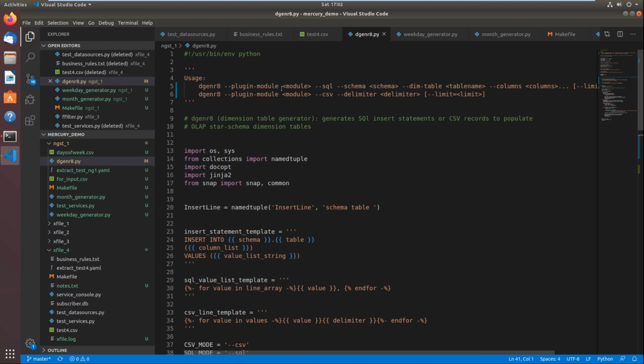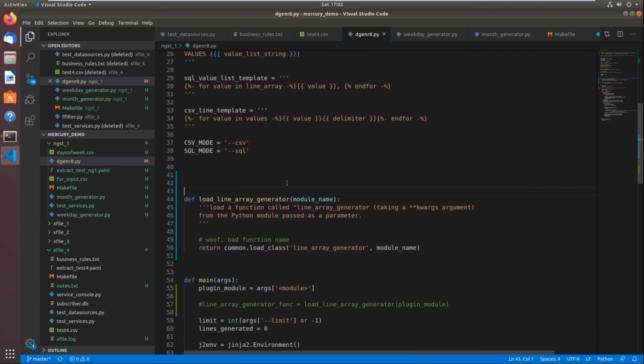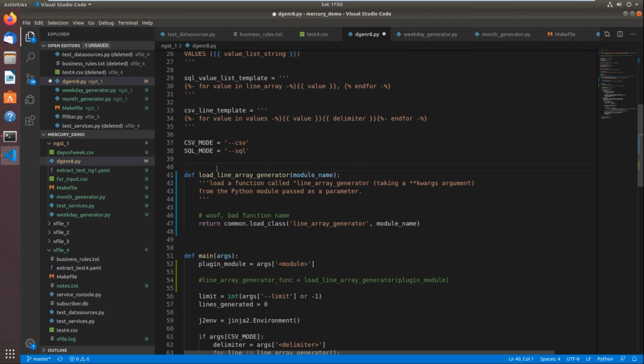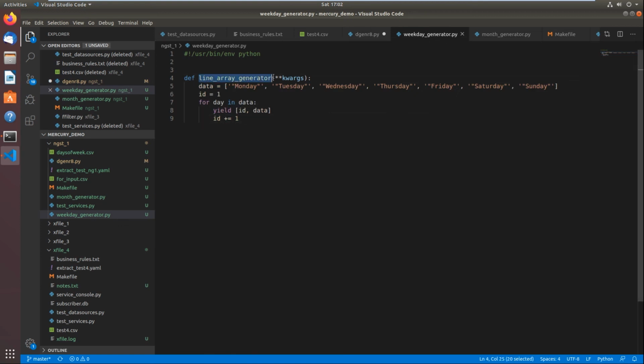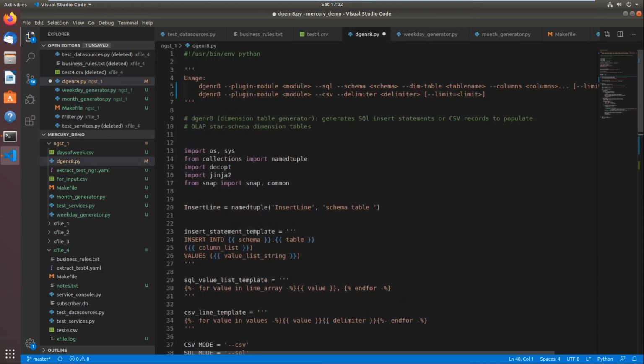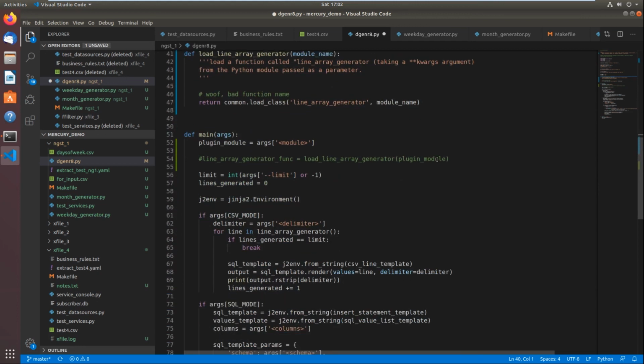This is good because now we'll pay attention to the plugin module parameter that we pass as an argument. We will no longer refer explicitly to some internal line array generator function. For right now, we'll just say that you have to call it line array generator. I think I'm going to change that when I add the options to load a config file instead, because with a config file, you could specify one Python module that has a bunch of different line array generators. They're all named something, but they're all in one file. And just like I do in X file, I can have a rule set that says, for this generator job, point that to that and what have you. But for now,